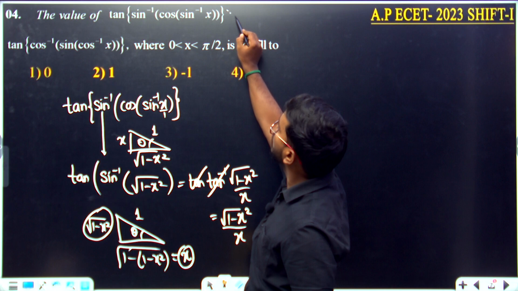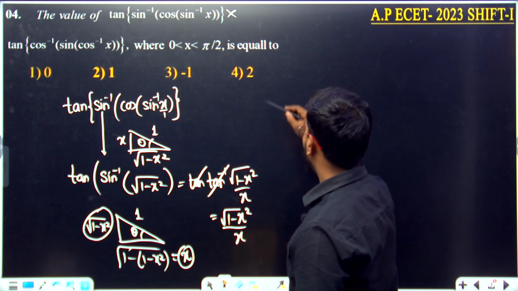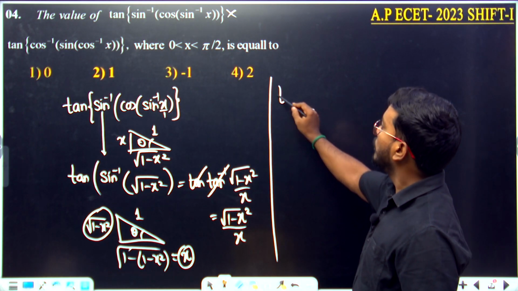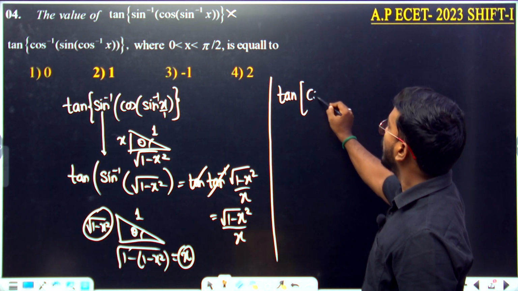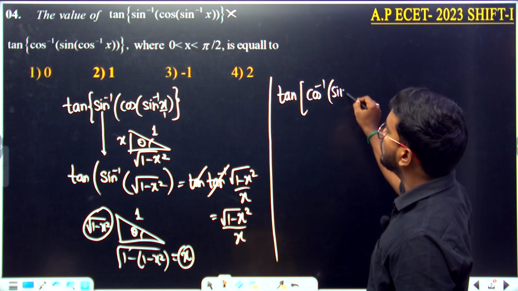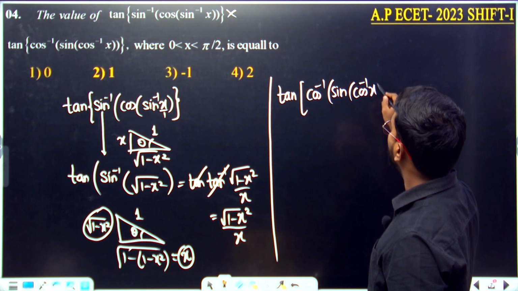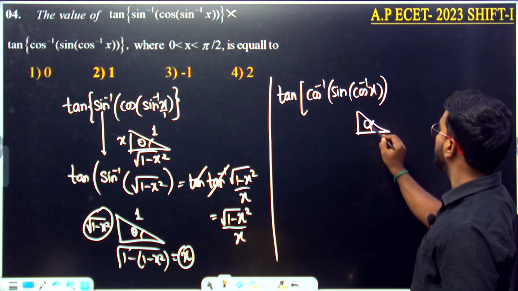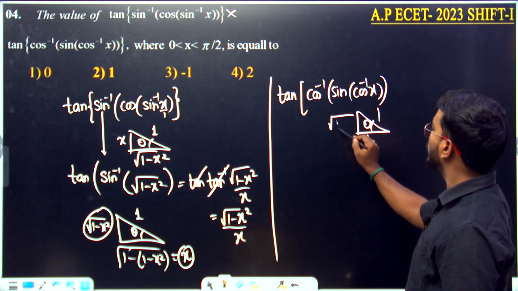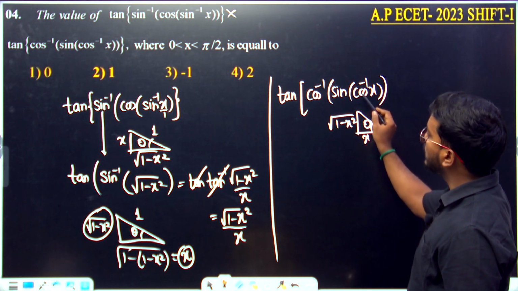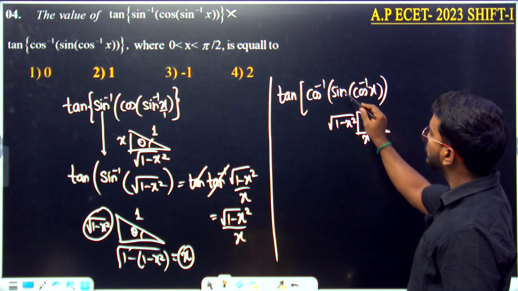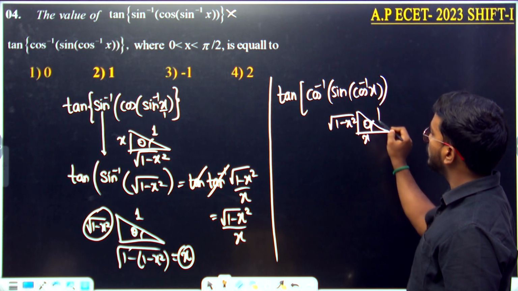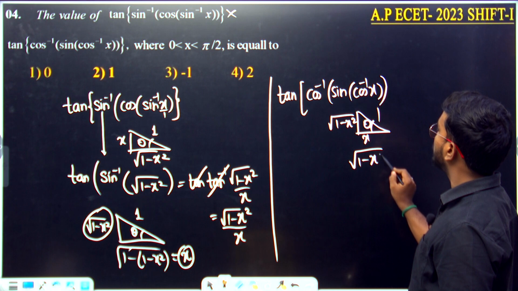Now the question is not completed. One more term is given. Let me write that term also here. Then finally I will tell you a shortcut. Cos inverse of x. This is cos inverse now. Cos inverse x, draw the triangle: x, 1, and this is going to become root of 1 minus x square. We require sine inverse, that is opposite by hypotenuse. So sine inverse gets cancelled, opposite by hypotenuse is root of 1 minus x square.